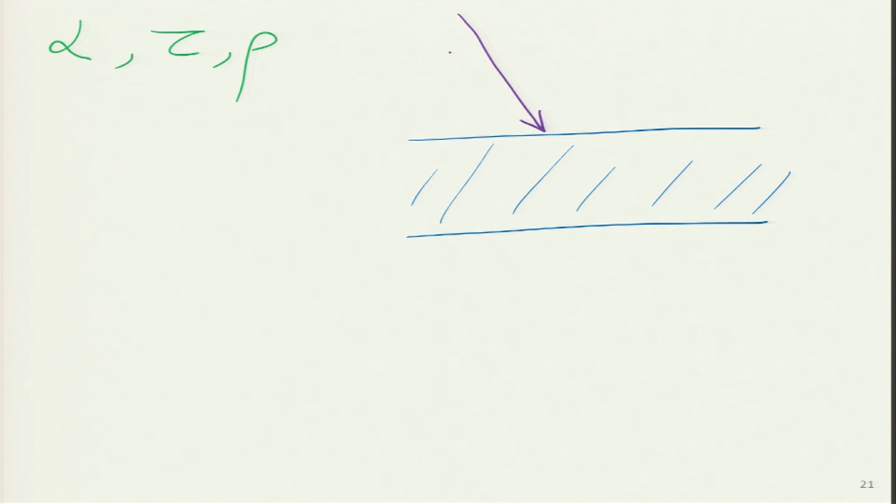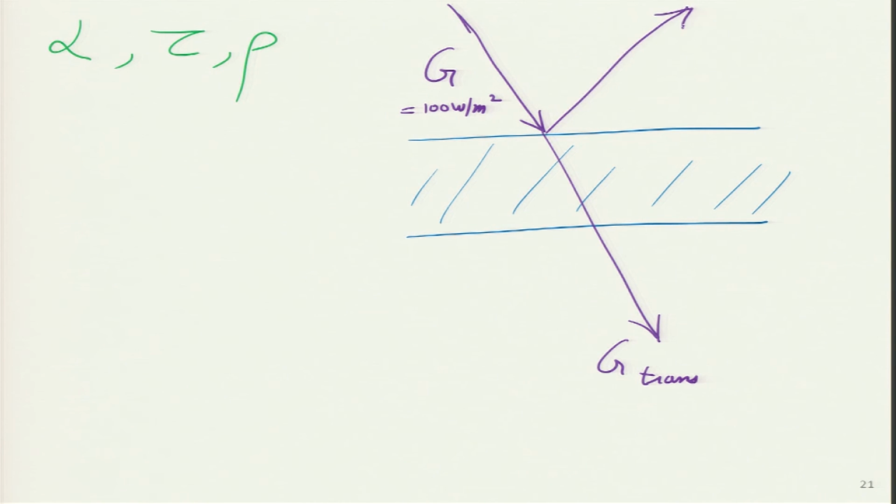So, remember in radiation we are giving as symbol G. This is the irradiation. Now, what can happen to this G? If I put some number over here, maybe this is 100 watts per meter square. So, this flux, what are the possibilities about it? One is that it can get transmitted over here. So, I will write this is the transmitted fraction. Of course, some sort of reflection may also take place over here. So, reflected component as well, and some part of it may actually get absorbed over here. So, it can get absorbed also.